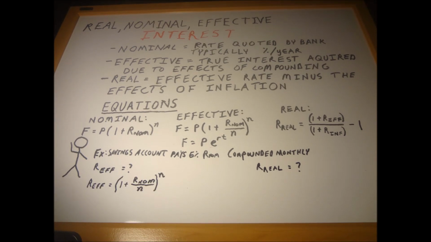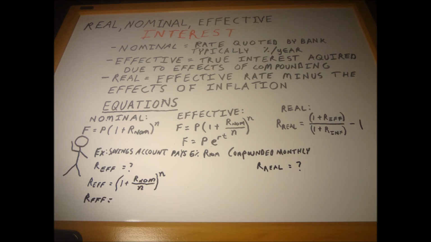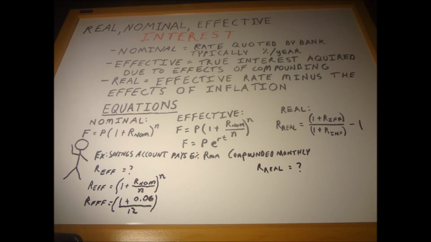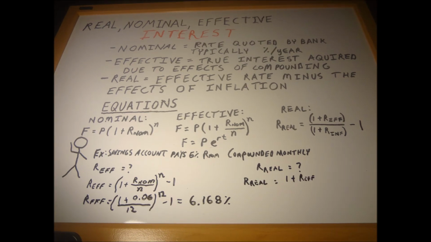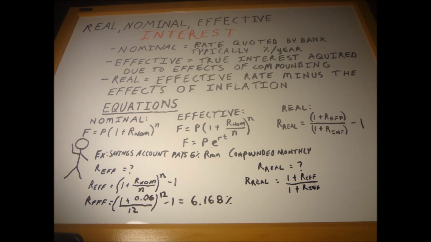We can rearrange the equation above to get the effective interest rate, where effective interest rate equals 1 plus 6% divided by 12 months raised to 12 months minus 1 equals 6.168%. Next, we have the real interest rate, which equals 1 plus the effective interest rate divided by 1 plus